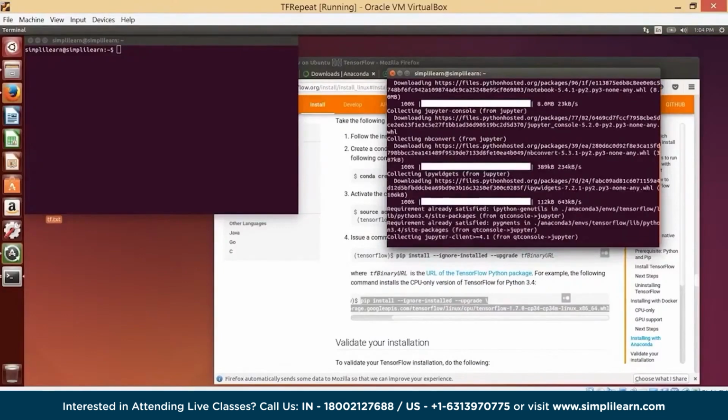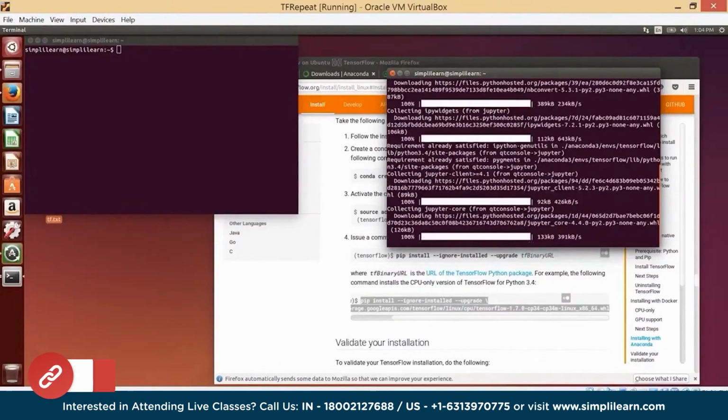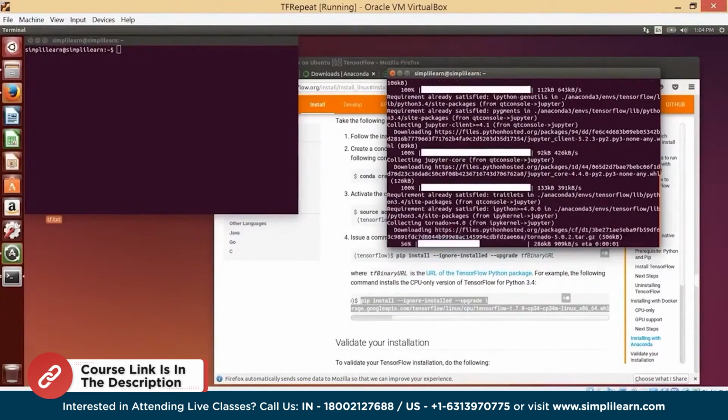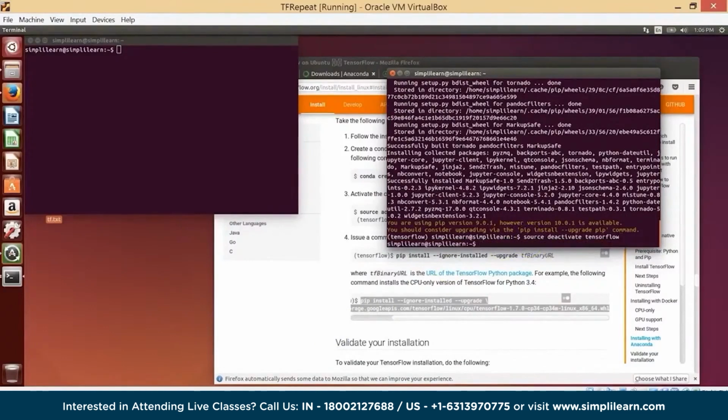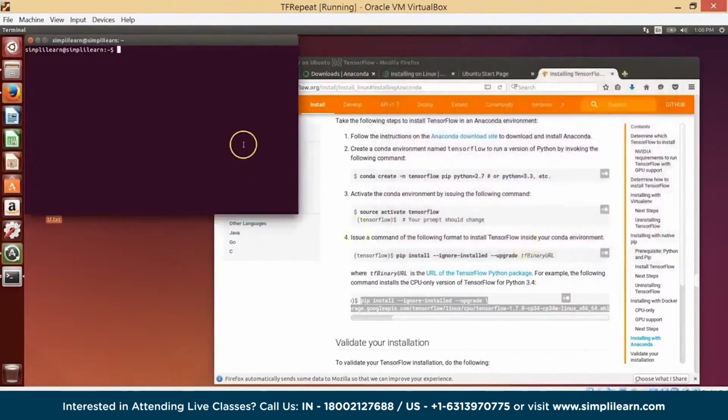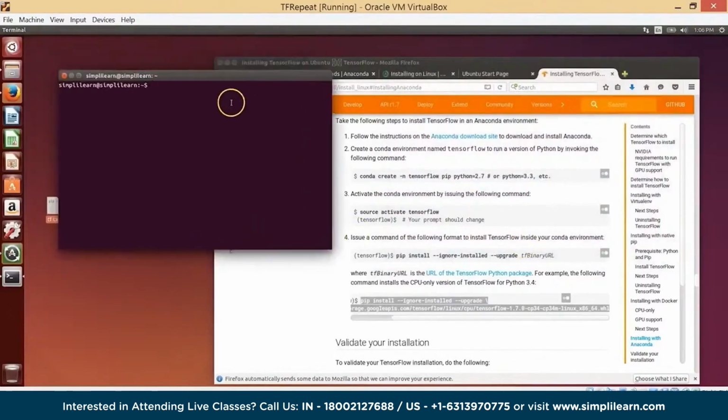So again, it's probably taking a little while. We will pause the recording and come back once it is done. Okay, so Jupyter installation is also done. Once again, it's a good idea to come out of this terminal session and then start afresh. So we exit and we have a fresh terminal already available here, and we will once again